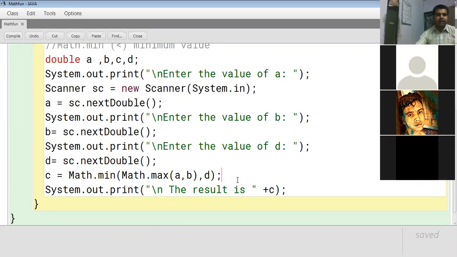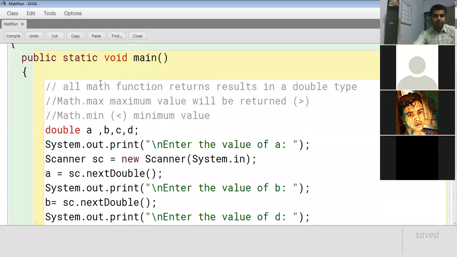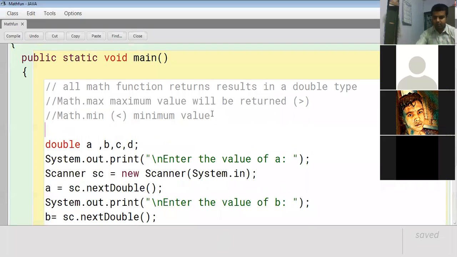Next comes the random value, Math.random. Now this is completely different compared to the other mathematical functions that we have done. In Math.random, what happens?